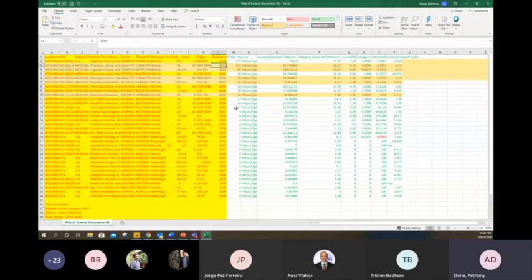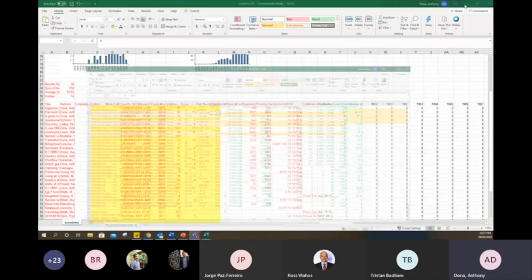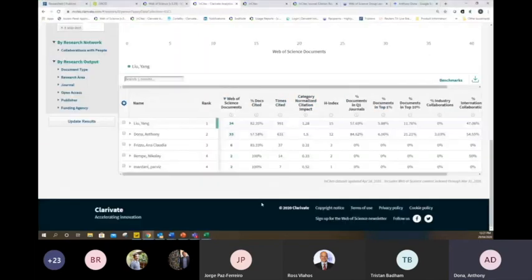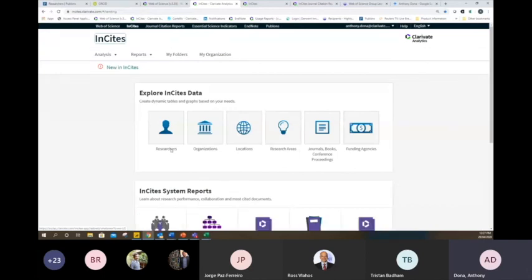There's a question from Robin in the chat, who has missed how to get H-index and percentage of documents in Q1 journals. I'll quickly take you through that. I might have scanned over that too quickly. So if I'm in any Explorer in InCites, I'm going to jump actually all the way back to the home page. Any one of these Explorers, I haven't done a breakdown by journal or funding agency on my work. I think I've touched on all the others though.